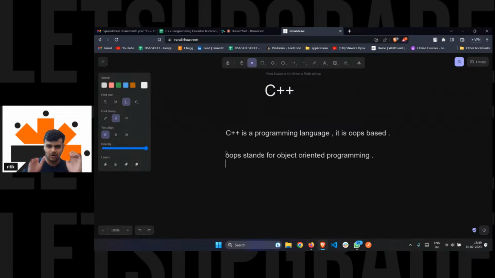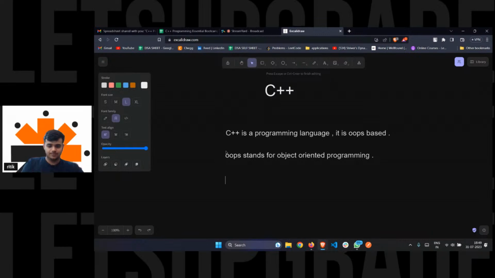We will not go into the depth of that, as it is not required at this stage. For those of you who do not know, we'll just assume that it's an OOPs based language. It just means that all your code is divided into classes. What are classes? Classes are structures that contain a similar kind of code. You can say they are a skeleton of your main code.